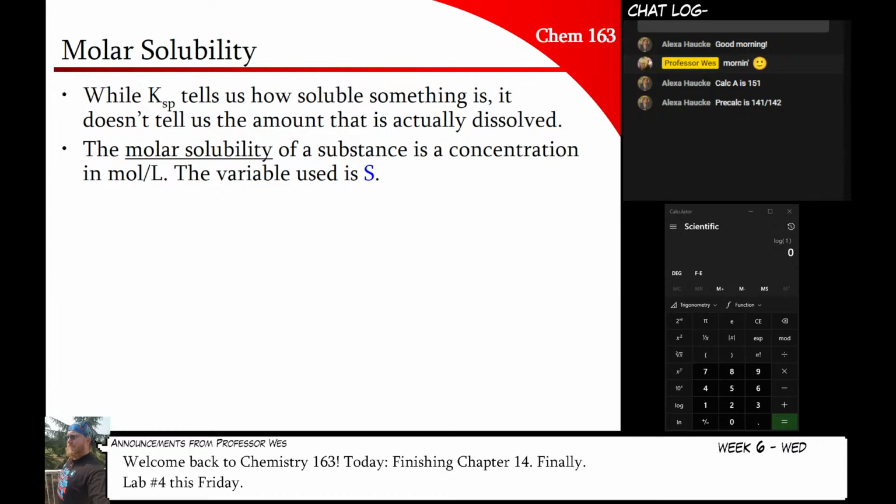What does tell us the whole story is this. The molar solubility of a substance is referred to as S. That's the variable we use. And it's basically, what's the concentration of your ions in moles per liter? And the way that you're going to solve that is we're going to make another ice table. I know, frickin' ice tables again, right? And we're going to do something like this. So if I do the magnesium fluoride one,